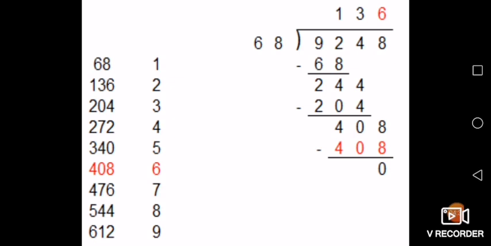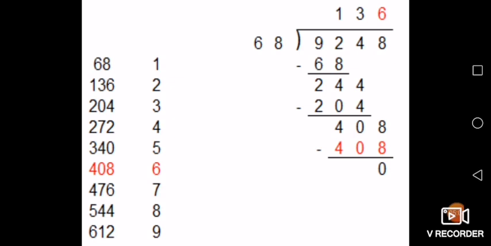Now 408, if you can see from the table on this side, comes on 6 times. So 68 times 6 is 408 and you will not get anything. So in this division you are not getting any remainder. Remainder is 0. And what is the quotient? Yes, the quotient is